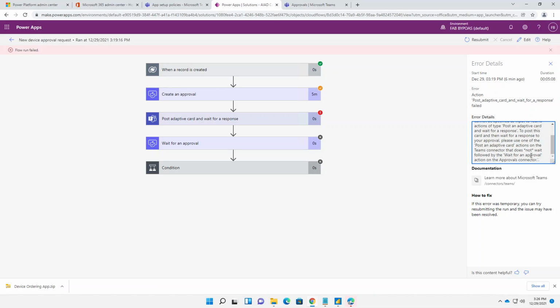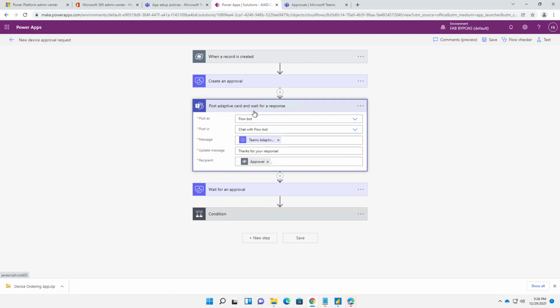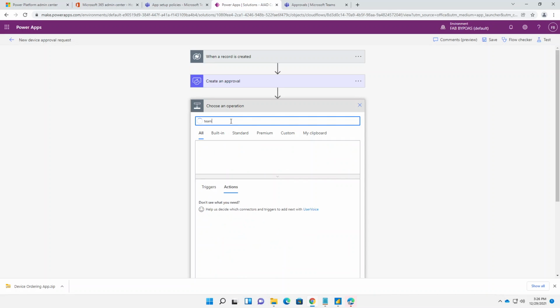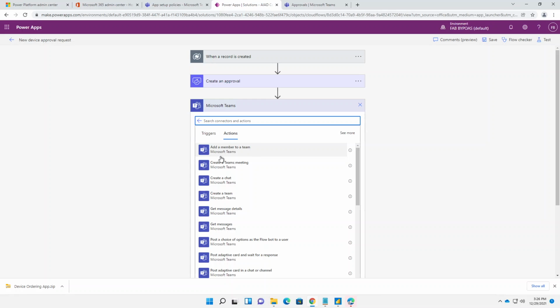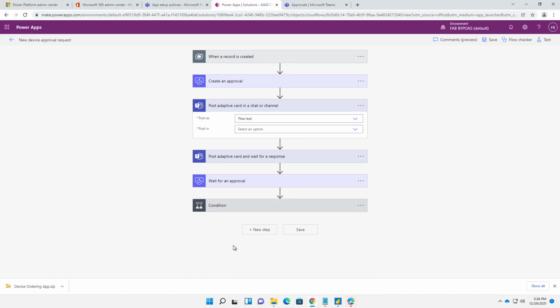Posting adaptive card actions on the team script that does not wait for... Right, okay, so we need to finish this, we need to edit this. So we go in here, we've used the wrong thing here. So I'm going to click and add an action, and we want to post adaptive card in a chat or channel. All right, so we're posting it as the Flowbot, and we're posting it in a chat with Flowbot, and then